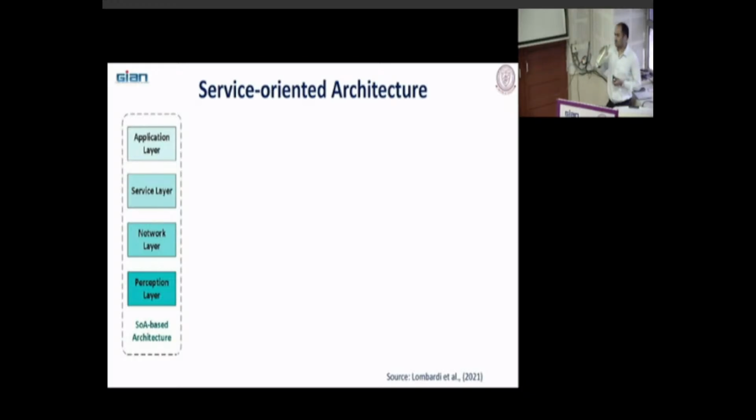Service layer. What is the service level layer? Any guess? You are collecting the data. Network, you are handling the data between devices and the system. Application, you are providing some dashboards there. So the service level comes between your application and the network layer.